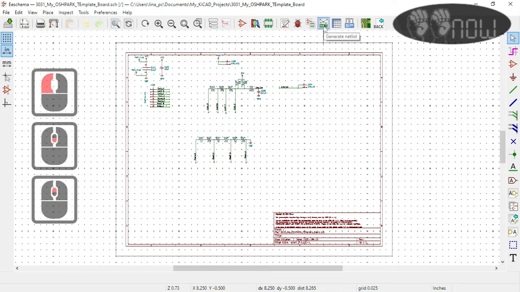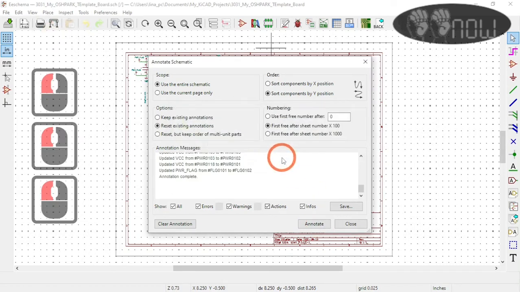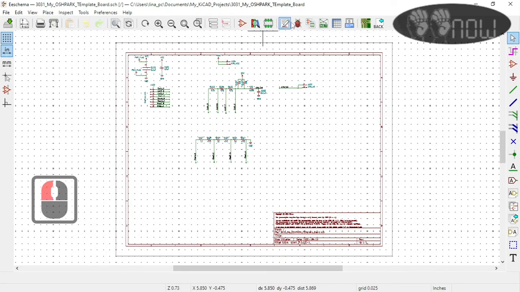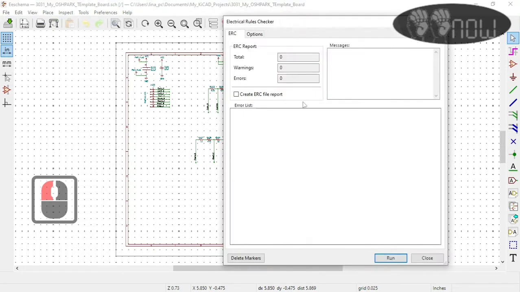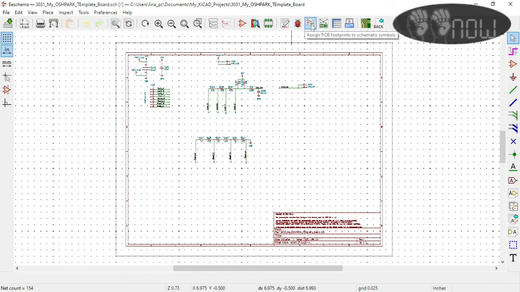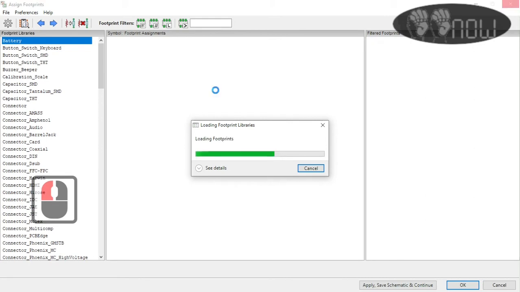So annotate, reset. Let's do DRC. No errors. And assign. I think everything is there right now,